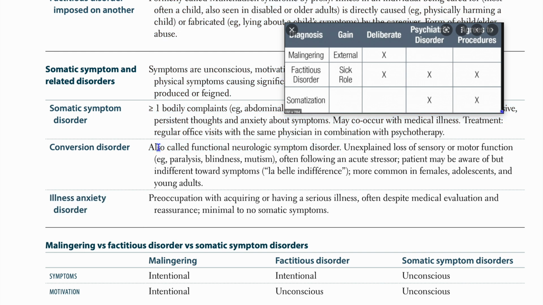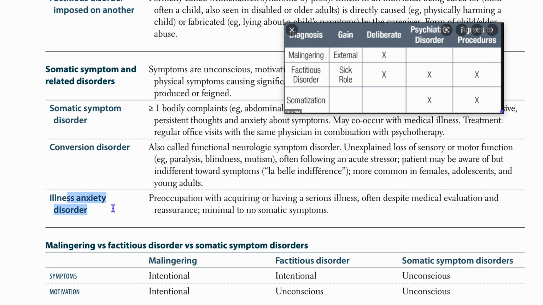This is a tough one because you'll be confused between somatic and this basically. Because this one happens because of something, like an acute stressor that causes it. Okay. So unexplained loss of sensory or motor function, so paralysis, blindness, or mutism, often following an acute stressor. Patient may be aware of but indifferent towards symptoms. So la belle indifference, more common in females. So this is the one that's more common in females. Okay, I thought it was that one. It's this one. Adolescents and young adults. Okay,